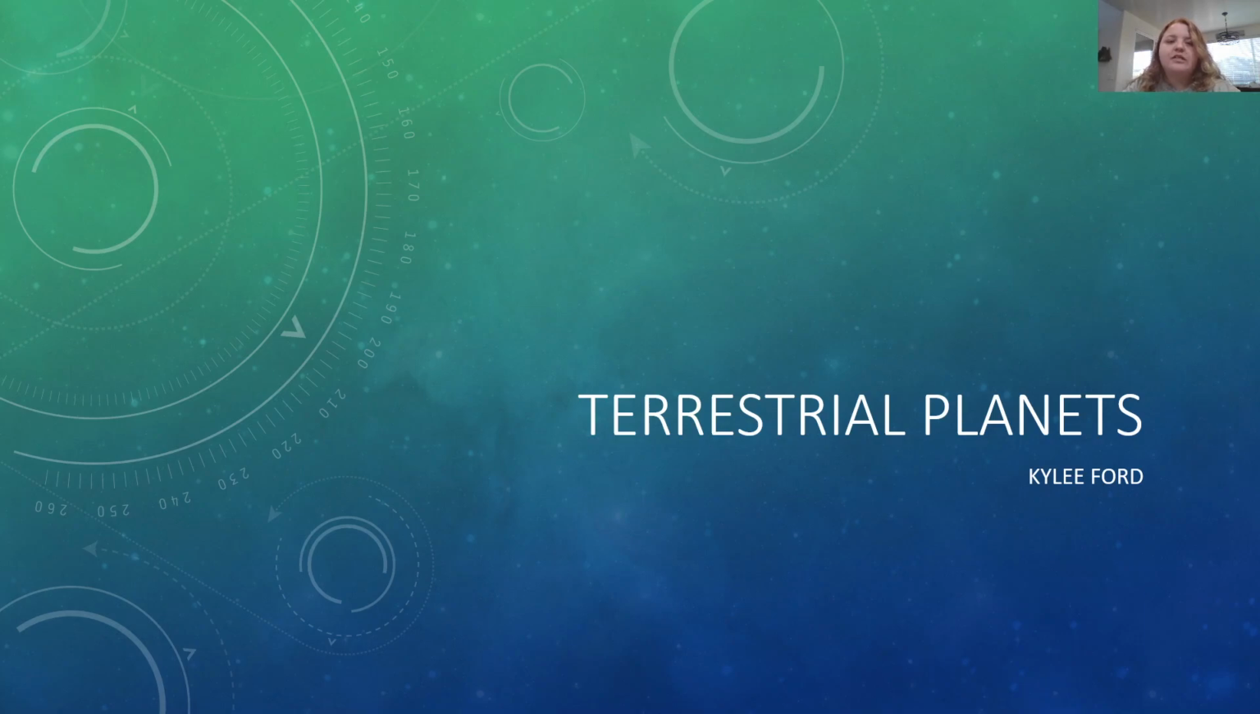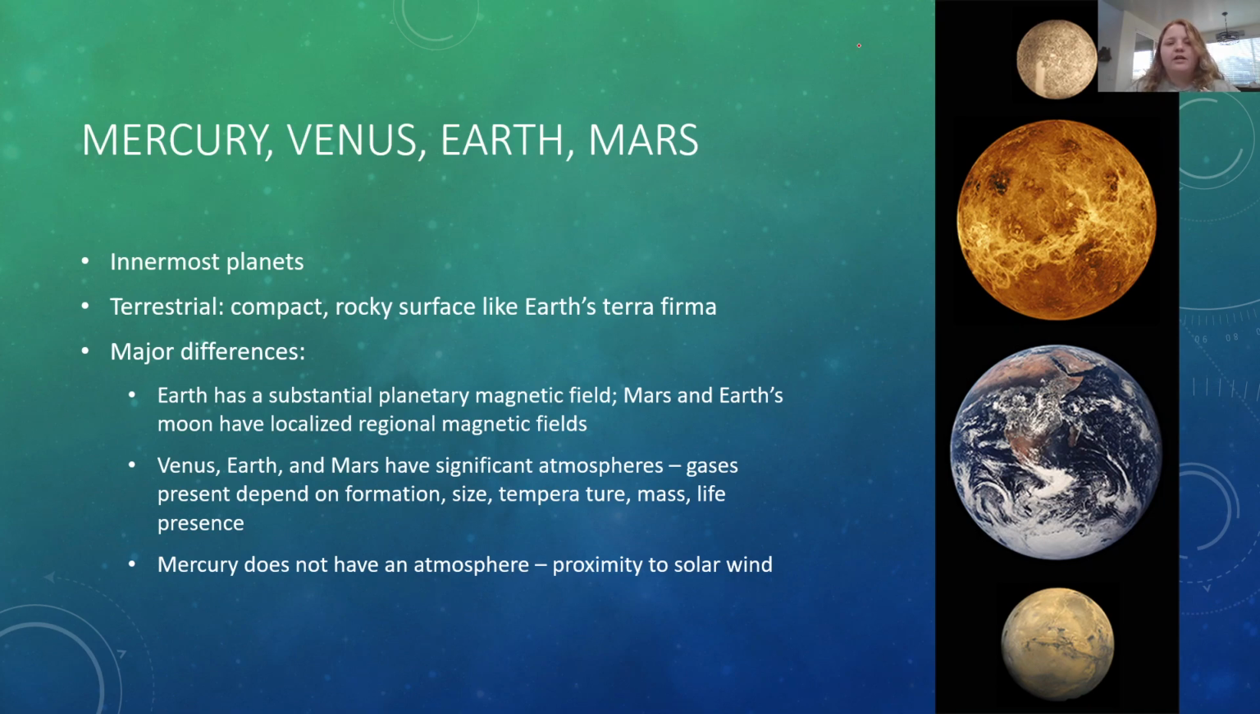So let's continue our discussion by talking about terrestrial planets. These are going to be our four innermost planets that would include Mercury, Venus, Earth, and Mars. And like I said before, terrestrial planets have a rocky surface. They're more compact. And I have listed here a few of the major differences. So as we're going along in this lecture, we can think back, okay, what is the difference between